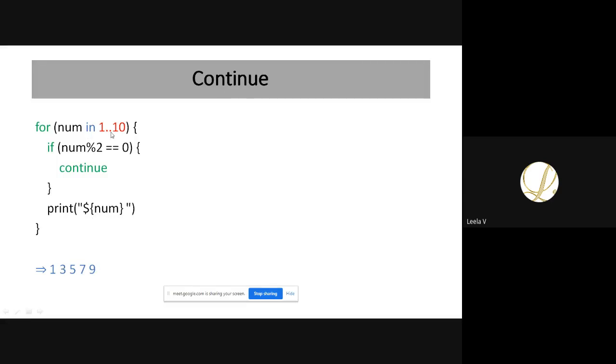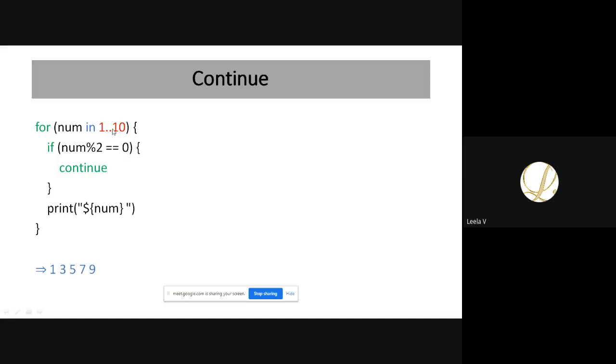And when we have a value of 2, the remainder will be equal to 0, so I'm not going to continue this current iteration. I'm going to move on to the next one. So I'm not printing the value of 2 here. I'm going to skip my current iteration and move to the next iteration.